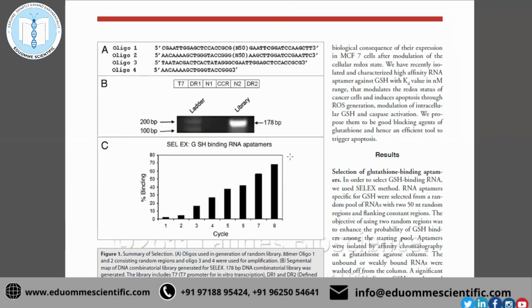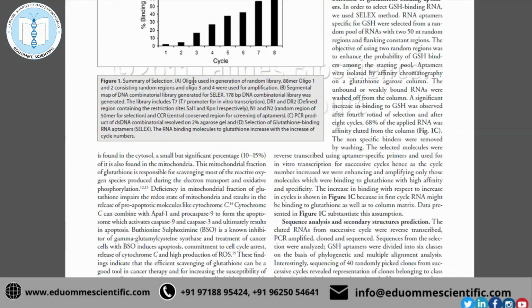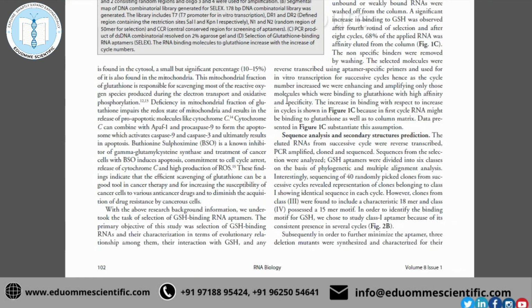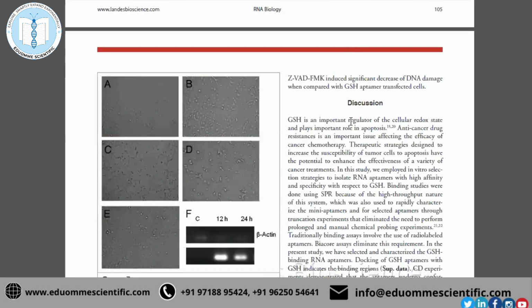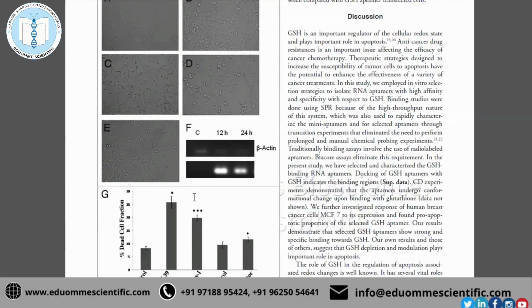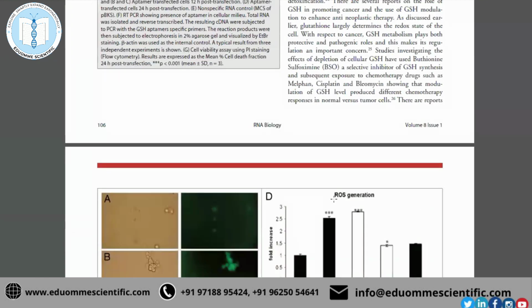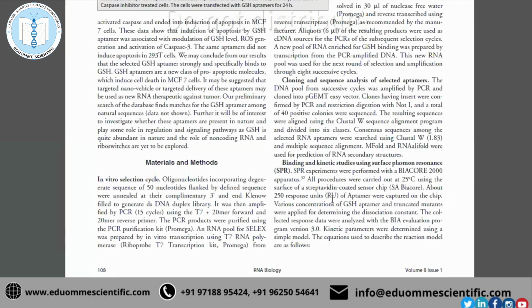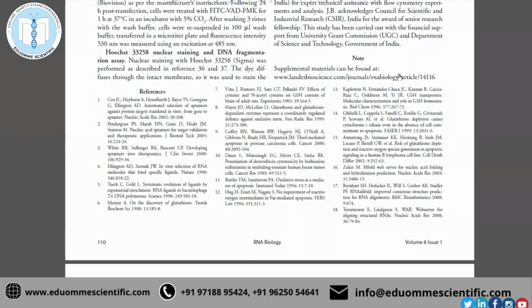In this section, you can see all the results, like how we have generated the aptamer, in the text and in figure form. We have explained everything about the result part. So all the structure characterization, the binding characterization, and the biological effect in breast cancer we have shown. And in this section, we have mentioned everything in detail, like what has been done and what we have found. And in the protocol section, the methods and materials section, you will find all the details about how those things have been done. So these are things, and all the references and grant details are mentioned.